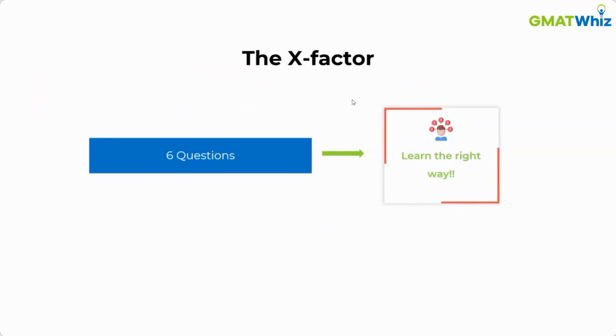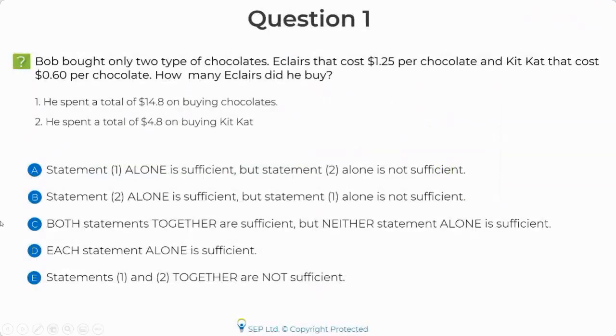Okay, so let me show you the first question. The process is simple. I'll give you 2.5 minutes to solve it. You try your best, taking a variable or without a variable, to solve it, and then I'm going to show you how you need to approach the question. I'll also be adding a poll here. Once again, I will request you to mark your answer only in the poll. Do not put your response in the chat box. I'll be deleting it. I don't want anyone to get biased by the answers.